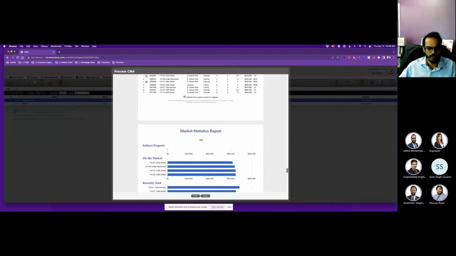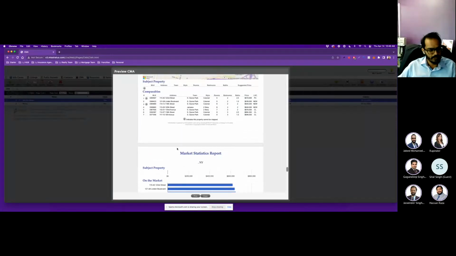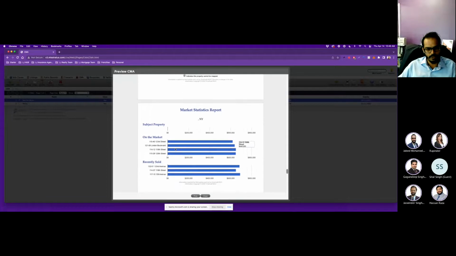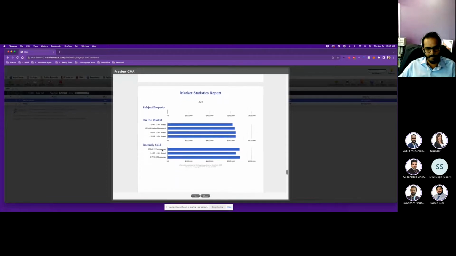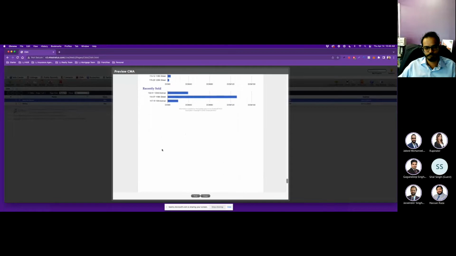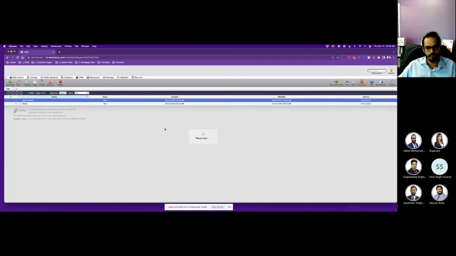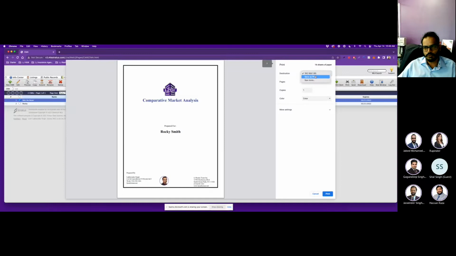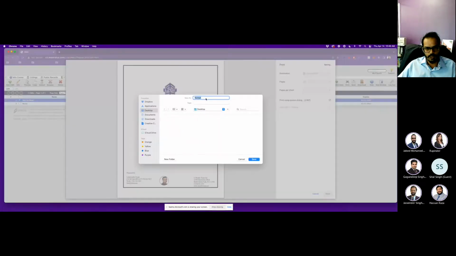Just telling them, hey, there's a property in the market on 123 Main Street, or giving them this report, a PDF or printout, makes a huge difference in your presentation. Okay, so if you want to actually print it, you can print it out. Okay, you can save it as PDF, and maybe put your client's name and just put the word CMA Rocky, right? 123 Main Street,